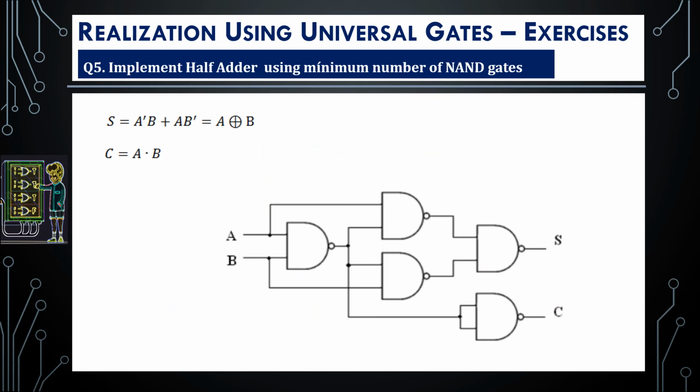Now let's look into how to implement a half adder using NAND. As you know, a half adder is a circuit meant for 2-bit addition, and this circuit generates two outputs, sum and carry. Sum is equal to a bar b plus a b bar, and carry is equal to a into b. First we need to implement this using AND, OR and inverter gates, then convert each gate to the NAND gate. We'll get the final expression which consists of only NAND gates, and it produces two outputs, sum and carry.